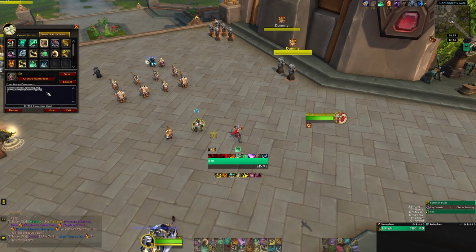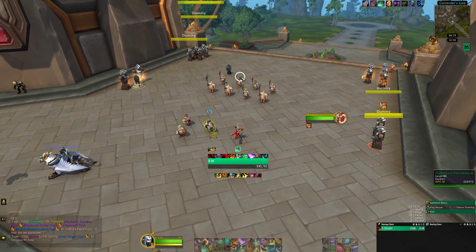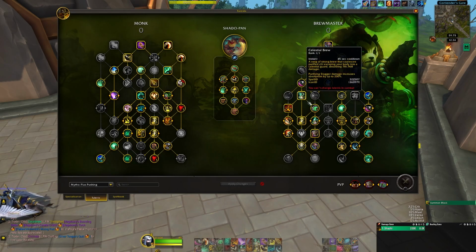So instead of forcing the ground effect to be where you're going to be, or where you want to throw it, you can actually send it right at your player. And this is super helpful, because Exploding Keg isn't an ability you want to throw into range because you want to optimize and use the damage on it. Also, Exploding Keg, for those who don't actually know what the ability does, outside of big damage,